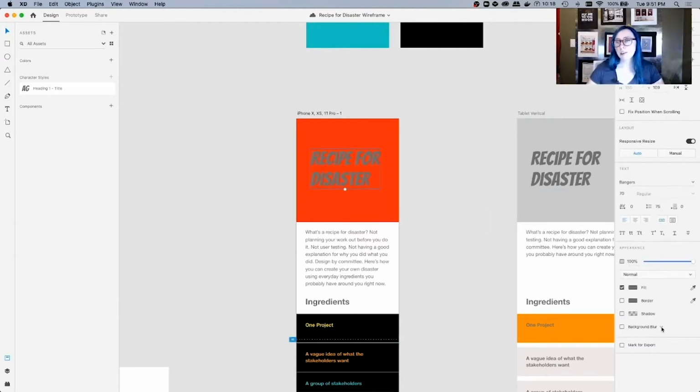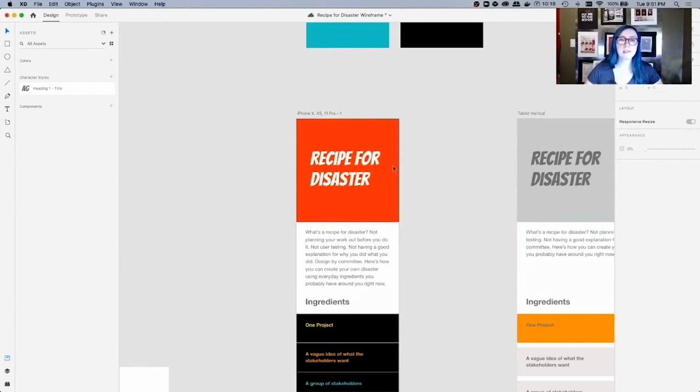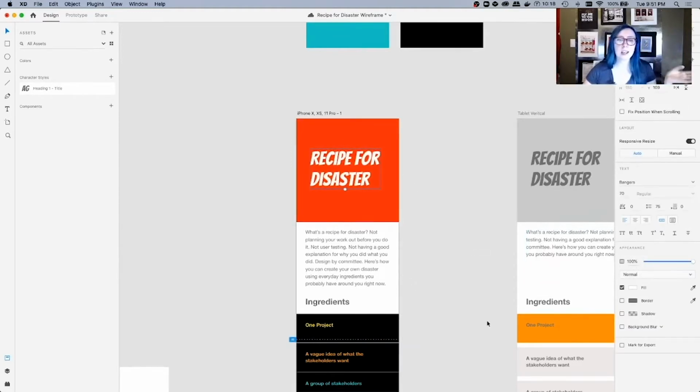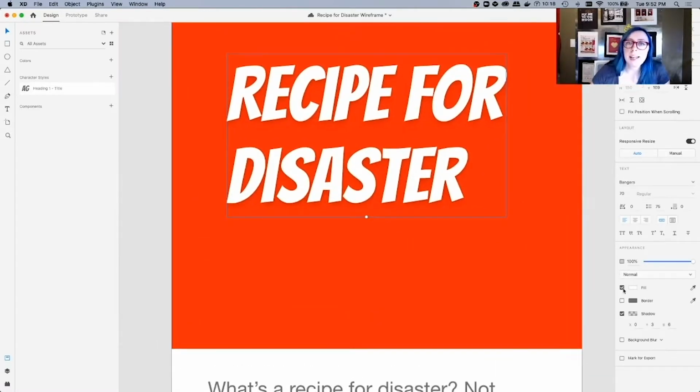So here, I want to create a lot of contrast. I'm gonna start by just changing this fill to white. Easy peasy. First thing that I can do to create lots of contrast is send the contrast way out to the other side of things. The next thing that really came to mind when I was talking through what a comic book style looks like is a drop shadow. Now this is gonna be a really subtle drop shadow to begin with, and that's fine, I don't mind that, but I want something harsher here.